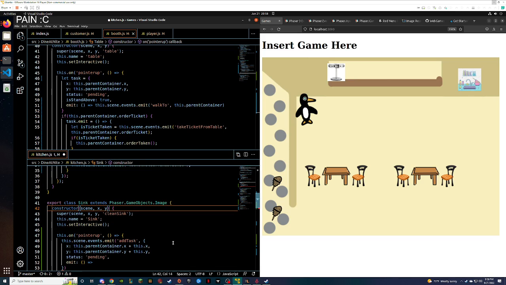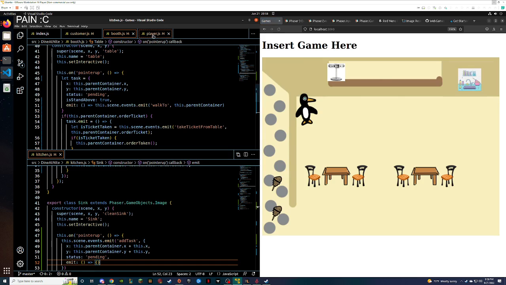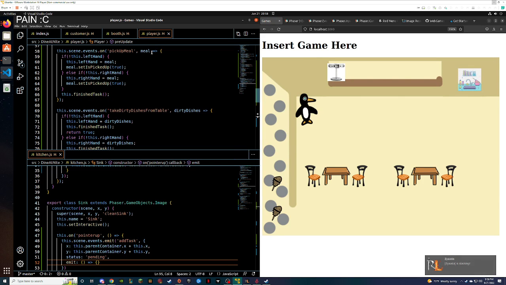Is there anything we need to actually emit? I don't think there is, so we're just gonna pass it an empty function for now. Which we're gonna have to emit some sort of.